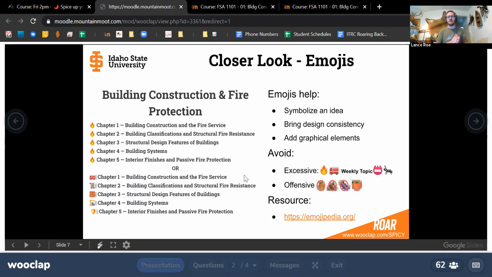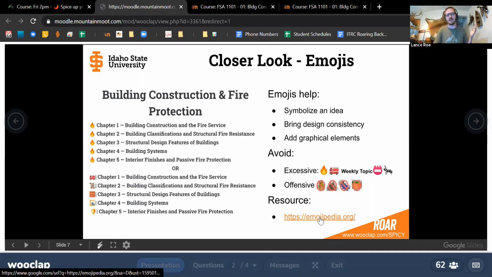Also, you want to avoid offensive emojis. There's emojis out there that seem harmless, but they actually have a negative connotation matched to them. The one example that I came across recently is the OK symbol. When it's actually used as an emoji, it brings a whole other different context. So you want to be careful with the types of emojis you look at, and